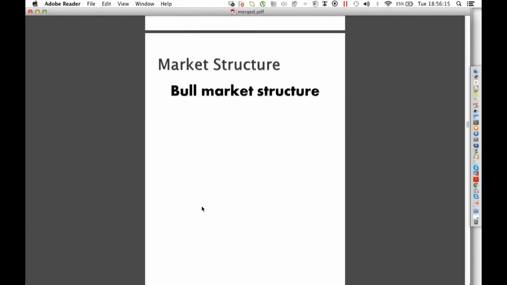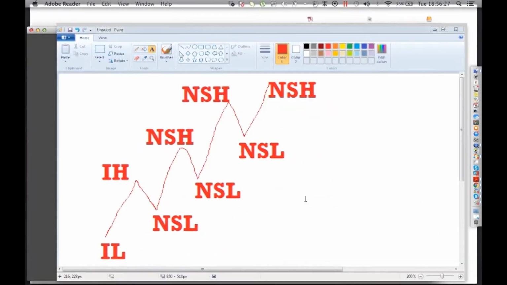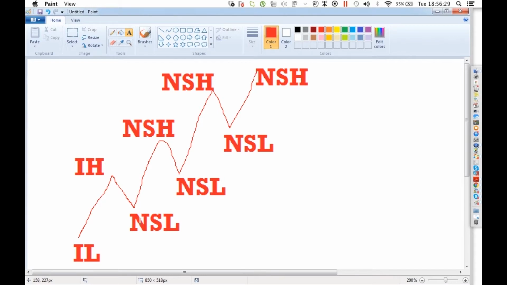So now you can flip to the next page and draw, and I hope you're drawing all of this. I hope that you're drawing it as we're going along. So now that we understand that market has support and resistance, and that market makes new structure lows and new structure highs, even if they go down in the opposite way,